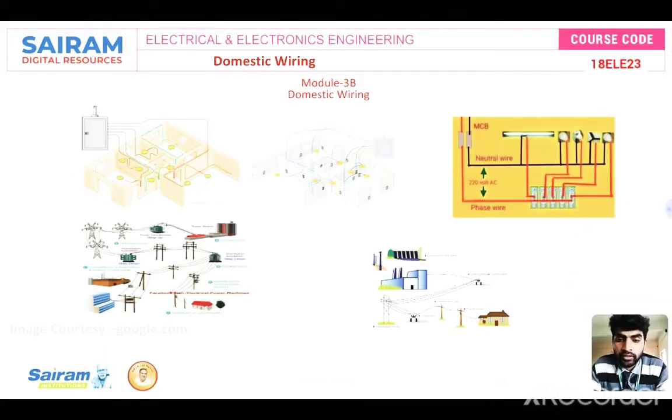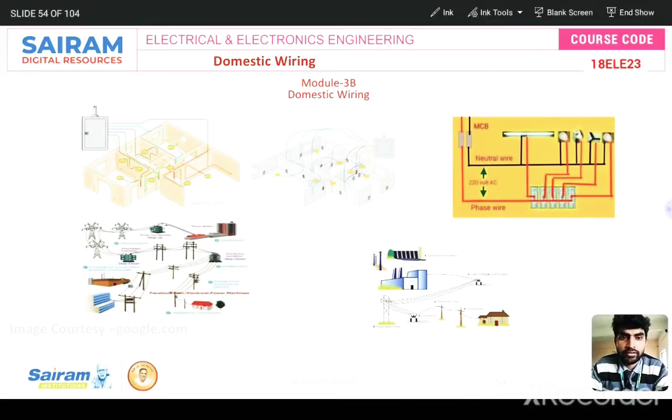As you can see in the diagram, the first and second diagrams are the same, because this is a main distribution board. In our college, this type of distribution board is available near the staircase, right? At the bottom of the staircase on the ground floor, we have the distribution board for our particular rooms and laboratories. The wire passes from here to this room and then this room with a specified pipe.